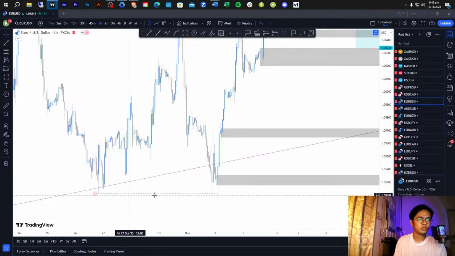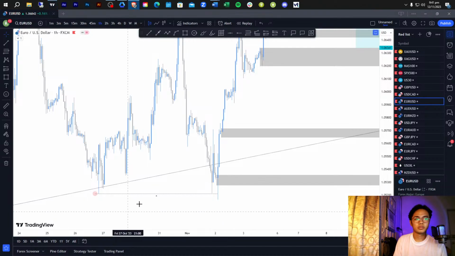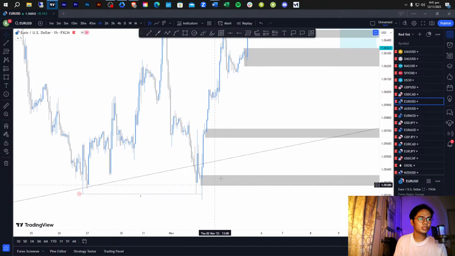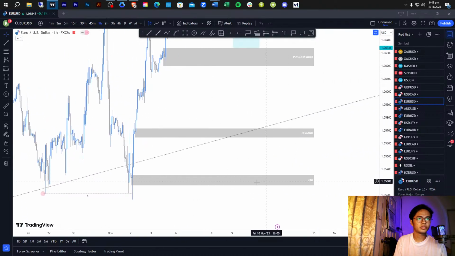Stop losses below this area just got hit. A lot of traders just got liquidated on this level, and the price left this point of interest in this area and left us this good imbalance, and that's why I'm looking for price to go back on